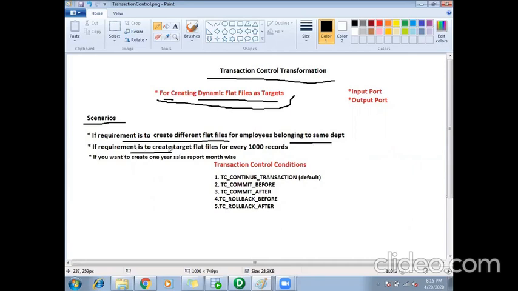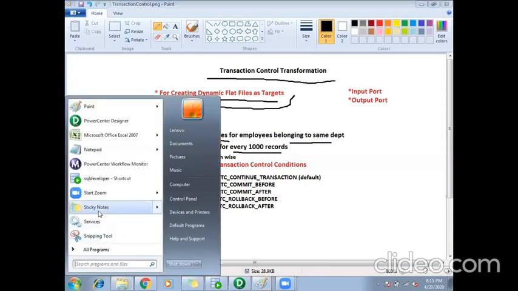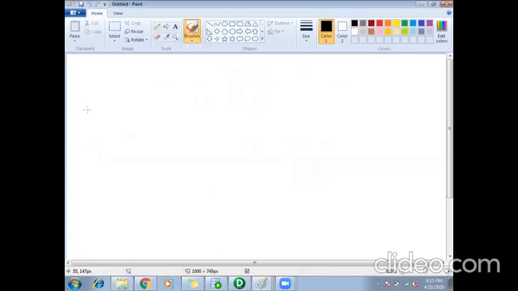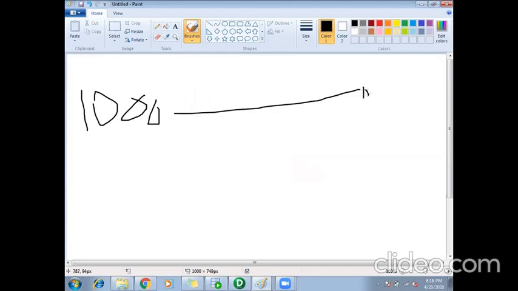Then, if the requirement is to create target flat files for every 1,000 records, this number can vary; I can say 1,000 or 100, whatever. So assume you are getting some 1,000 records in your source. The requirement says if you are getting 1,000 records, you have to create targets.